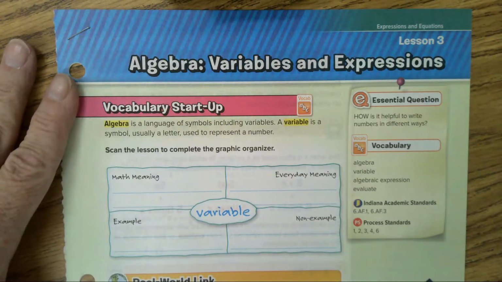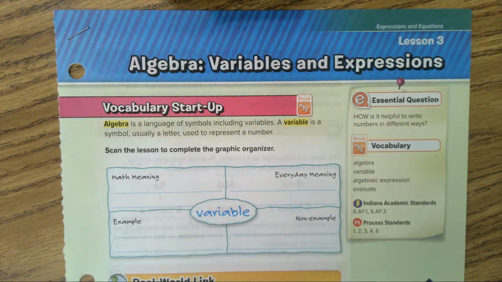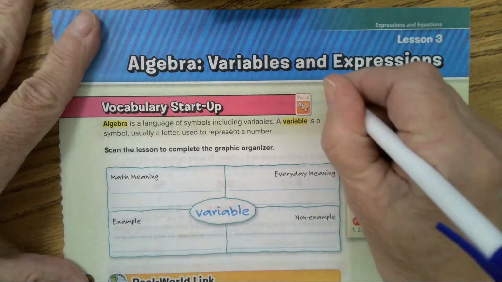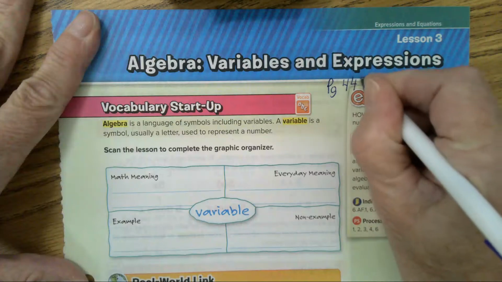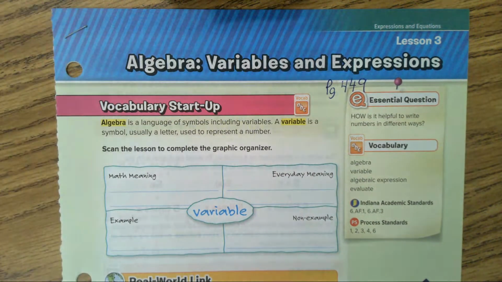Hi, this is Mrs. Robertson, and today we are going to be doing lesson 3 from chapter 6, and the title is Algebra, Variables, and Expressions. This is located on page 449. Now, before we get going on the lesson, let's go back and look at what your answers were on